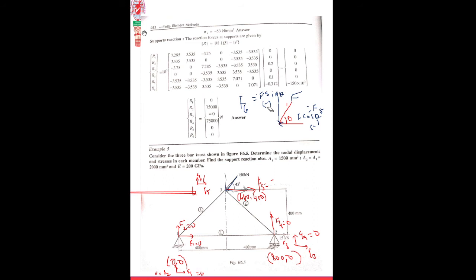Clear? Write down everything in that figure, all of you. If loads are oblique, then only you have to use this method. Otherwise, don't. F3 is positive 50 kilonewton. F4 is 0. F5 is minus F cos theta. F6 is minus F sin theta. That is the thing you have to do. Got it?